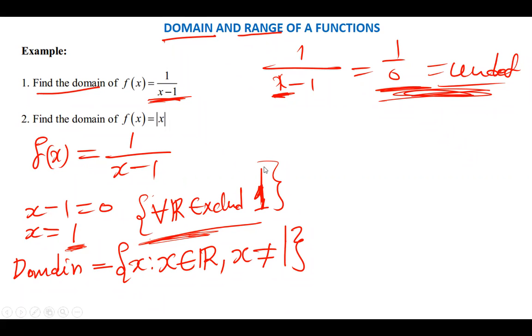Now, the question is, how do you find the range? The range is simply the set of outputs. So if you have f of x is equal to 2x plus 1, the domain, if I put